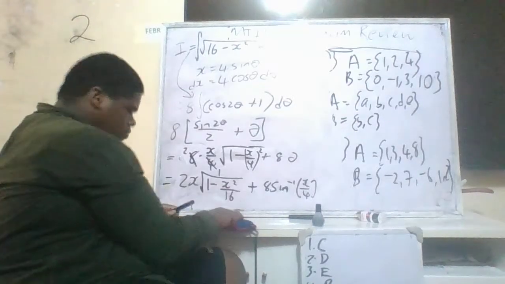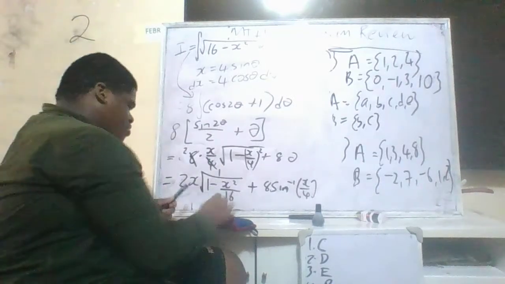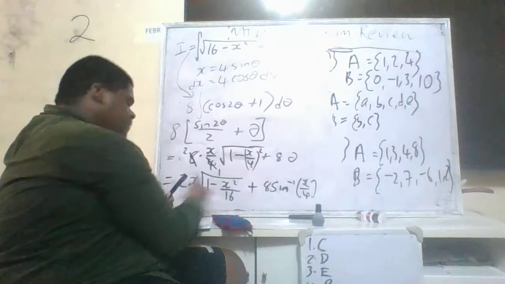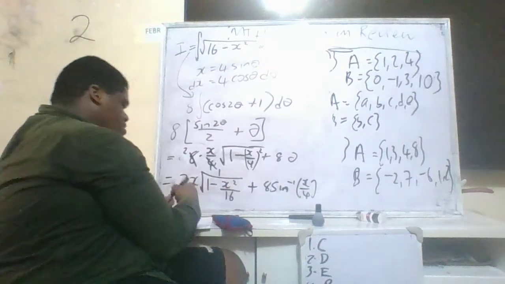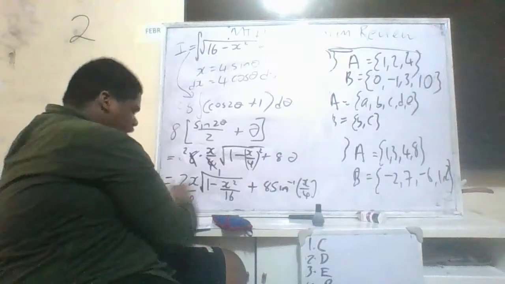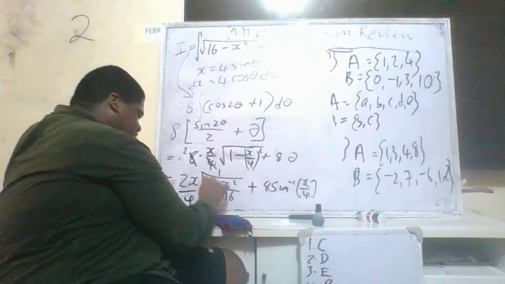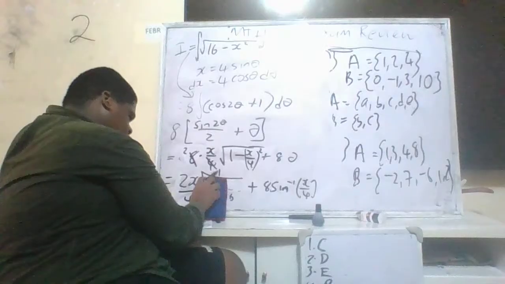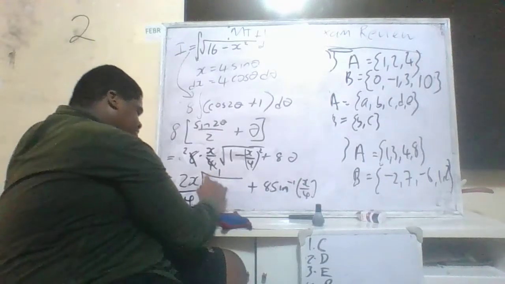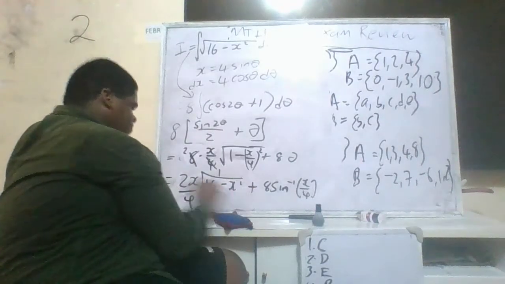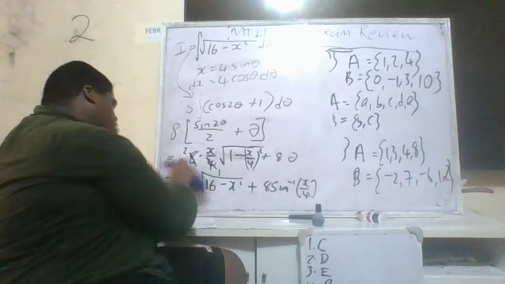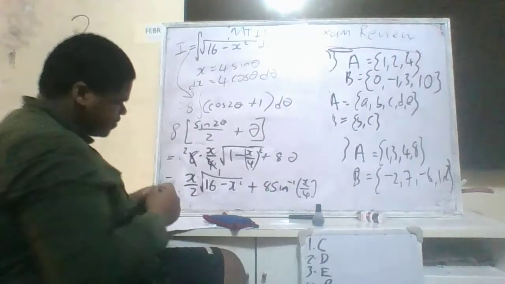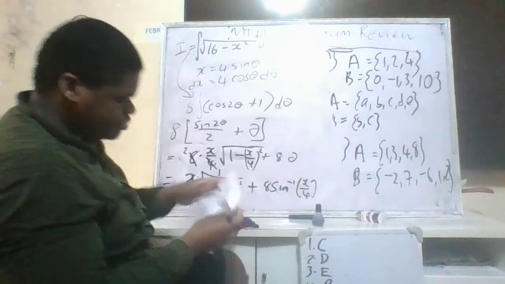Good. Now I'm going to simplify this a little bit more by factoring out 1 over 16 from here. 1 over 16 from here, you're going to have divided by 4 outside, and here you're going to have 16, and here you're going to have divided by 1. So this will be 16 minus x squared. 2 divided by 4 is 1 over 2, so this will be x over 2. And this corresponds to option